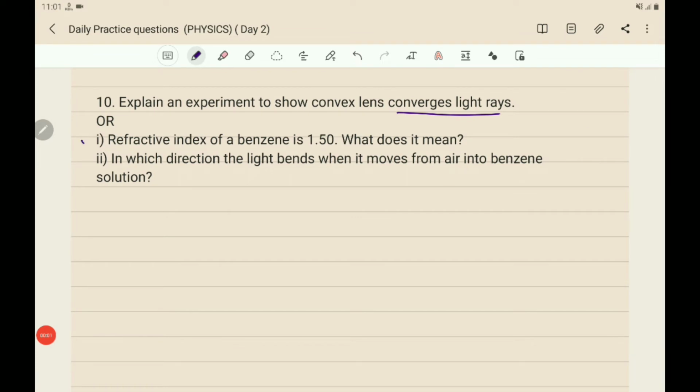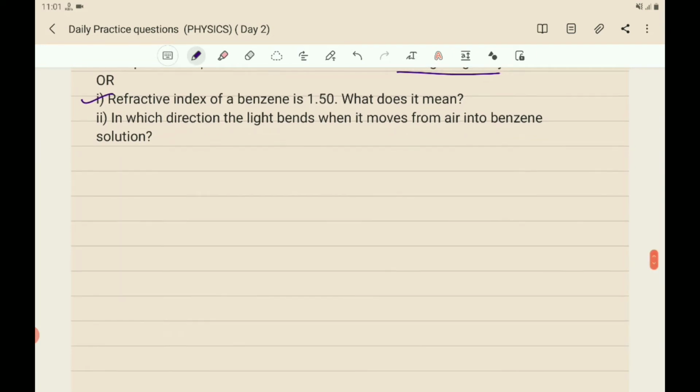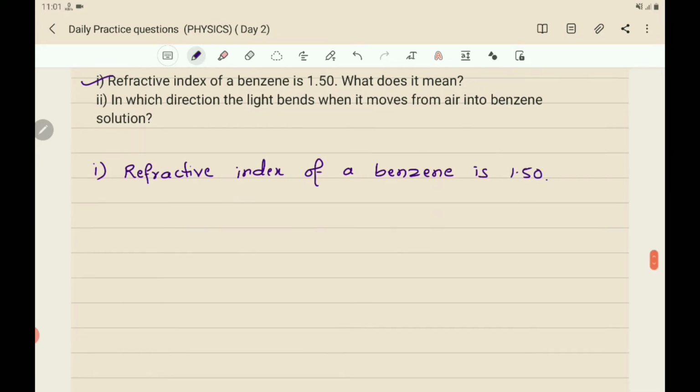Now you take the choice question. The refractive index of benzene is 1.50. What does it mean? So write the answer here. First one, refractive index of benzene is 1.50. It means